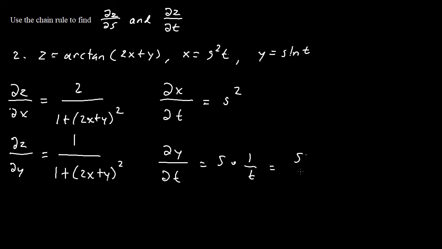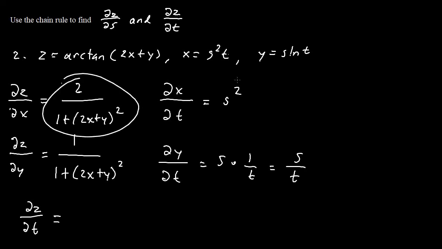So we get s over t. So now plugging into the formula, the partial derivative of z with respect to t is going to be equal to the partial derivative of z with respect to x times the partial derivative of x with respect to t. If I go ahead and multiply those two, we'll get 2s squared